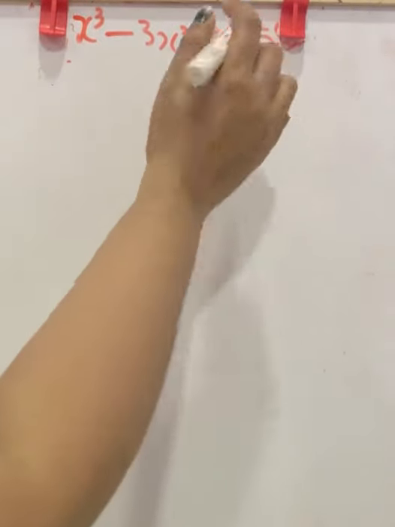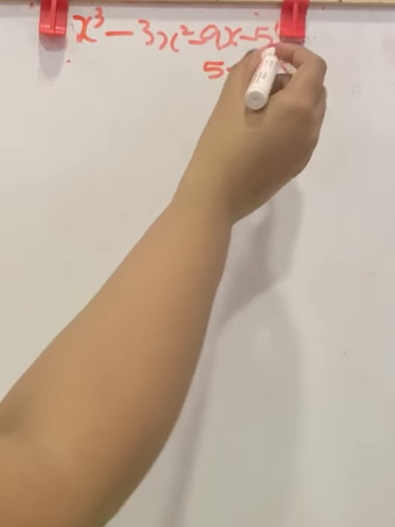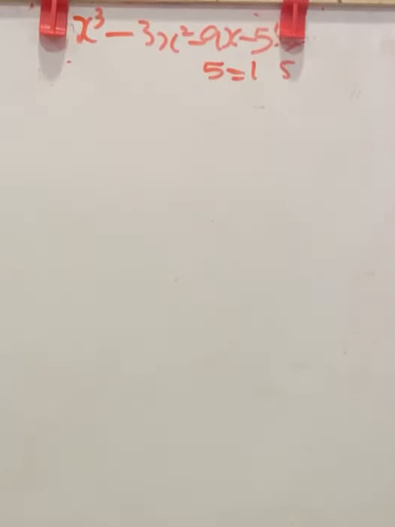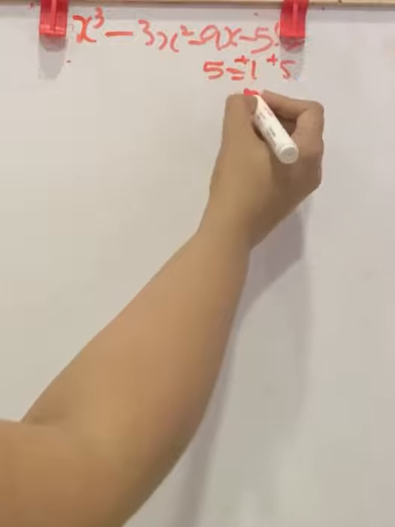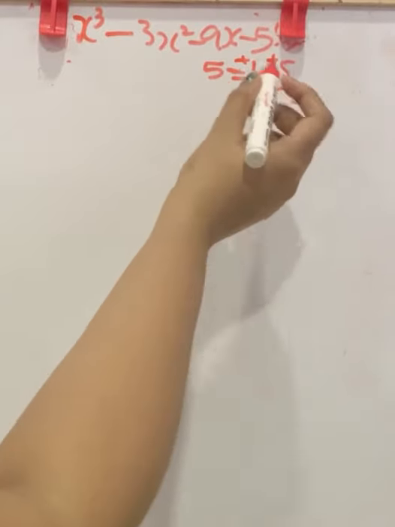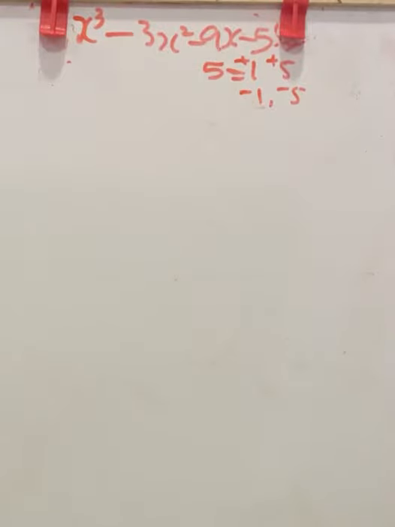Now, if you get a cubic polynomial to factorize, you want to check the d term. Here it is 5, and 1 into 5 is 5. Write all the combinations to get 5. That is plus 1 into plus 5, or minus 1 into minus 5 is also 5. So we want to do the trial and error method to find which p of that value is equal to 0.